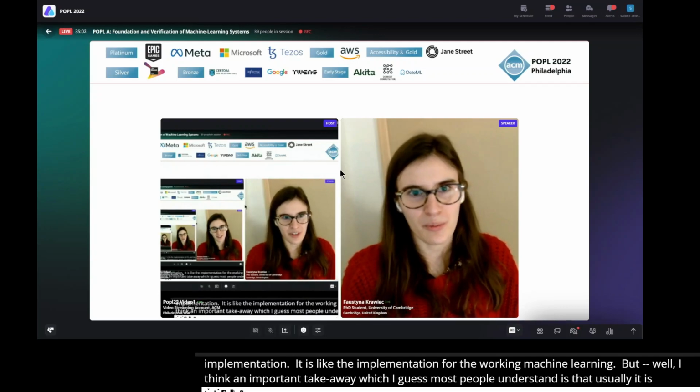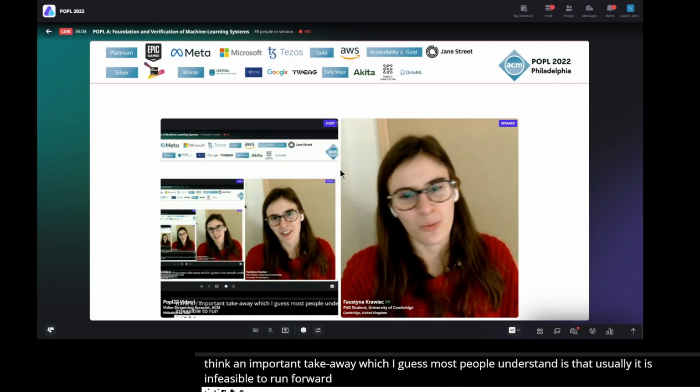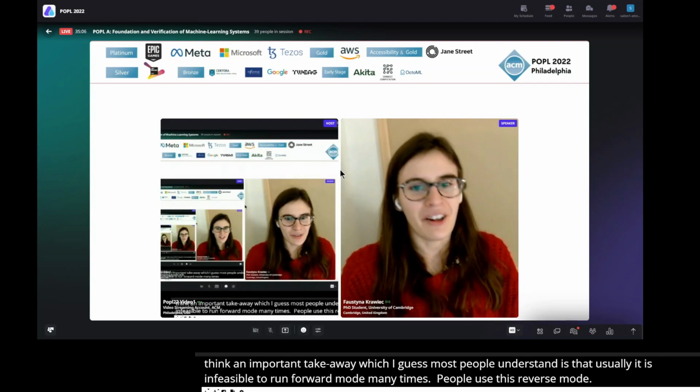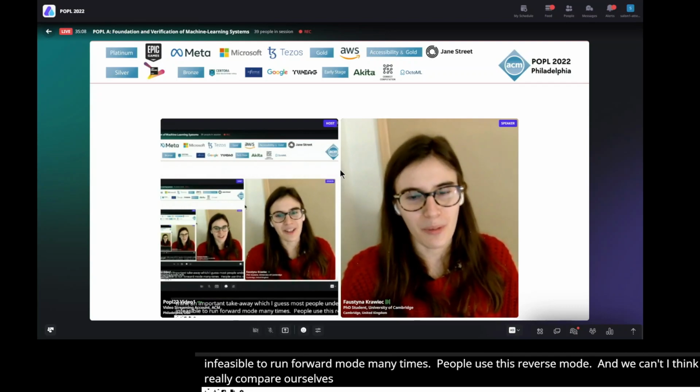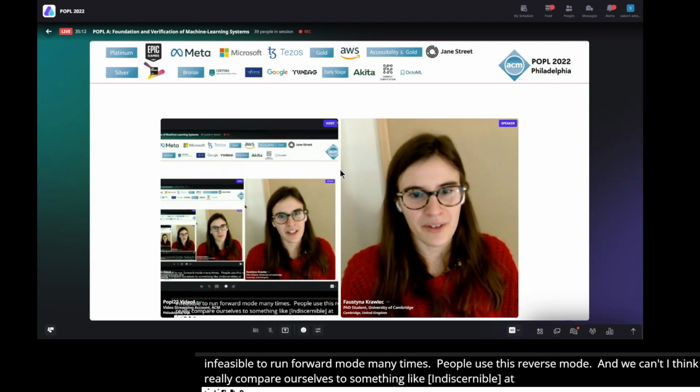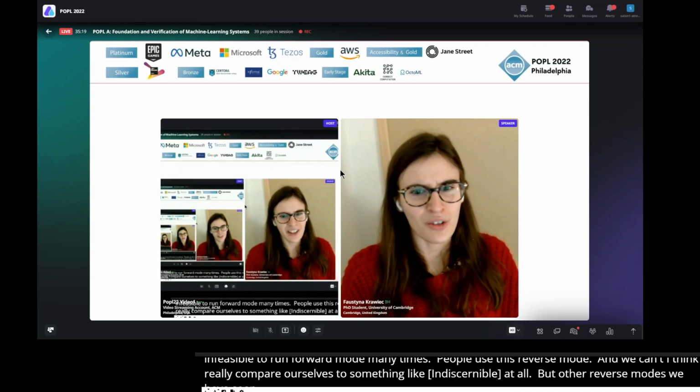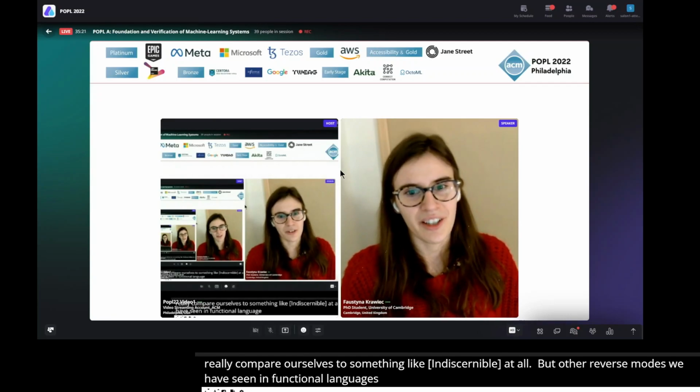People use reverse mode, and we can't really compare ourselves to something like TensorFlow or PyTorch at all. But other reverse mode techniques we have seen for higher order functions in functional languages aren't really even asymptotically efficient.